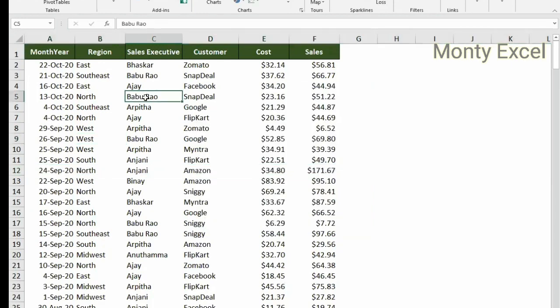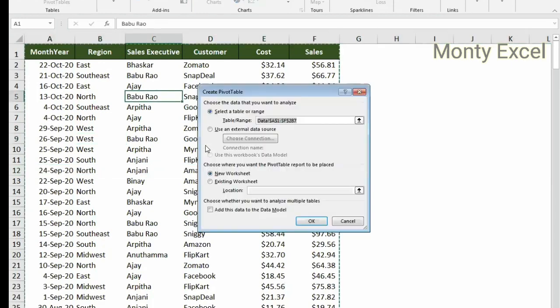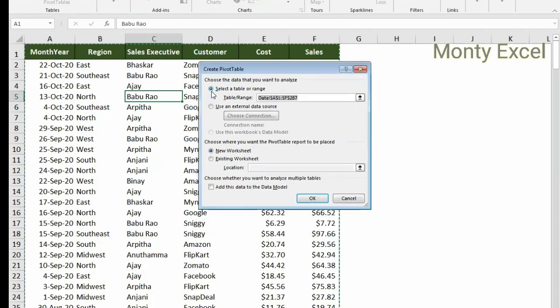So now Alt and V, I got this. So let's try to understand this one. We have selected table or range. It's talking about a table. But is it my table right now? No, it is a range actually. It is a data list actually. It's a simple raw data. It's not a table. Once you see here, let me put it on the notepad because this is a very important